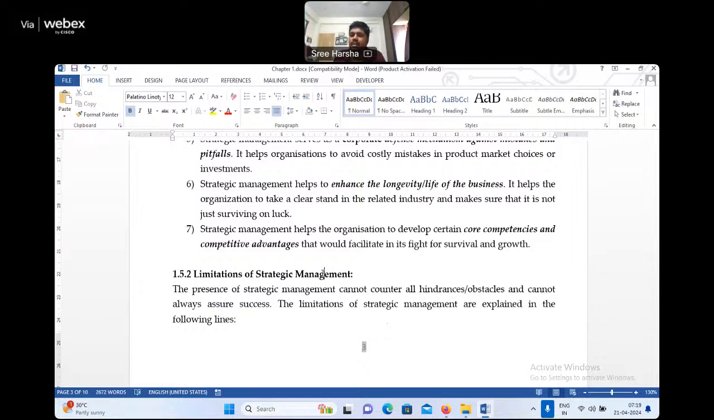For the first limitation, usually preparing the strategies requires a lot of time, a lot of expertise, and a lot of environment elements should be considered. Time, expertise, a lot of elements should be considered. Even after spending this much amount of time, cost, and elements, we may not be able to understand the environment properly. For example, the